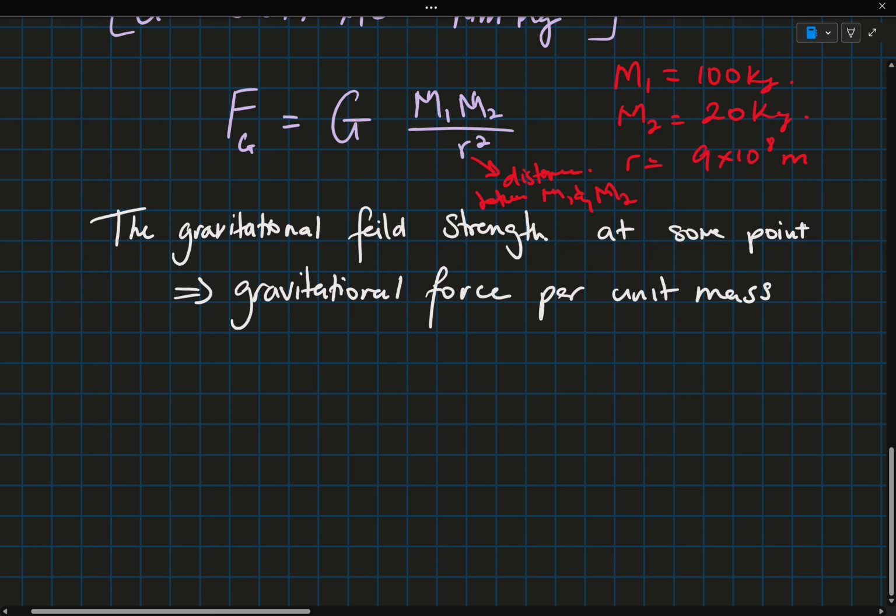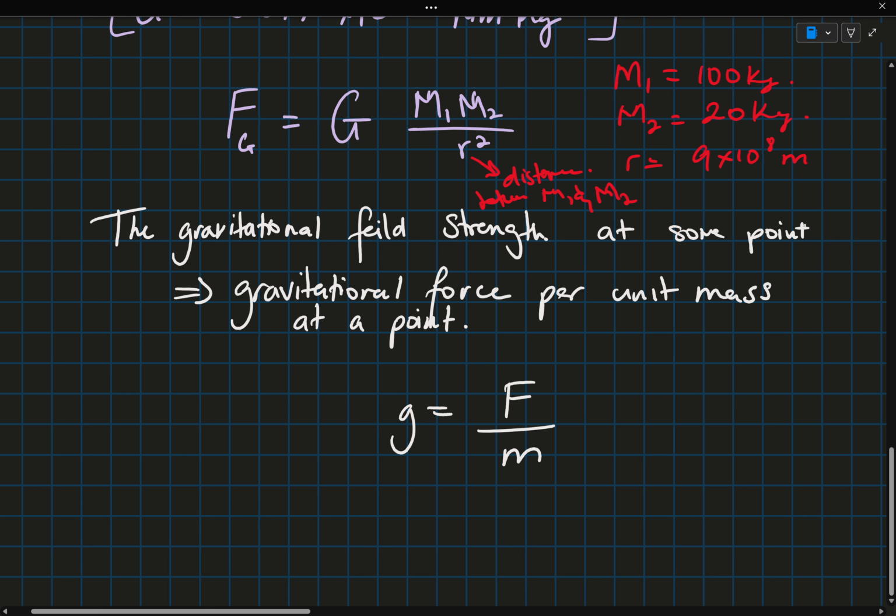We can also say it's experienced by a small test mass placed at a point. But I'm just going to reduce it to that. So gravitational field strength g is equal to F over m,